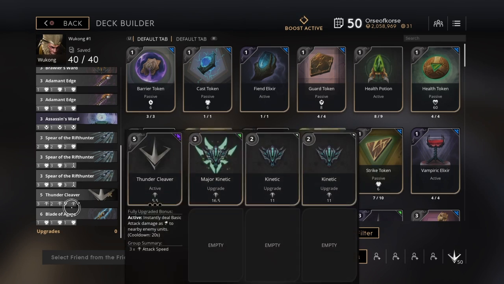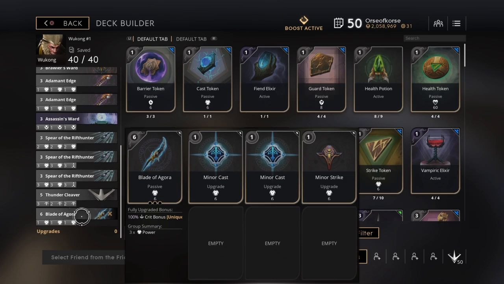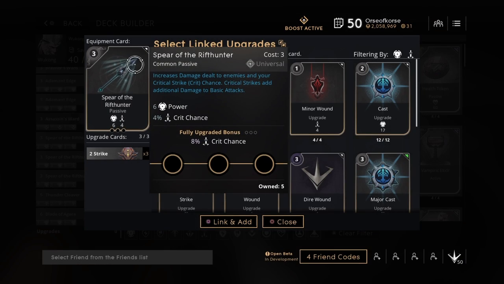Now, as we get to the deck proper, I go 60% crit, Thunder Cleaver, and 100% damage bonus. So you're going to have a good attack speed, you're going to have a decent power with a 60% crit chance. So 6 out of 10 hits technically will be crits. So as we get into the first Spirit of the Rift Hunter,